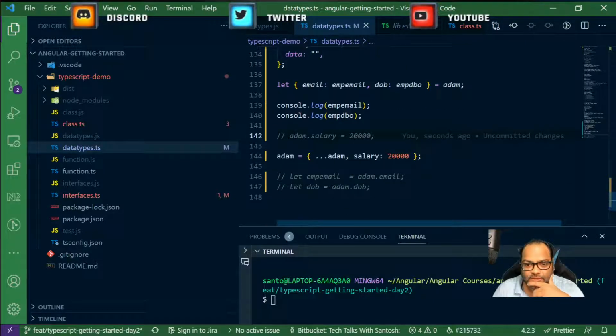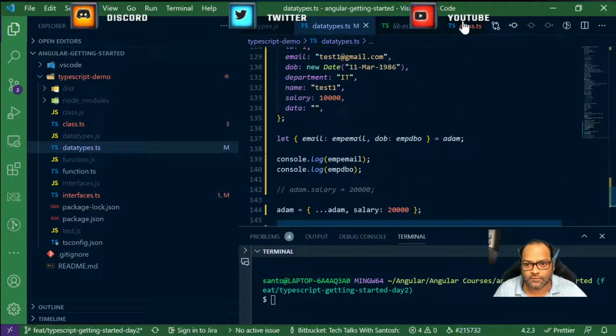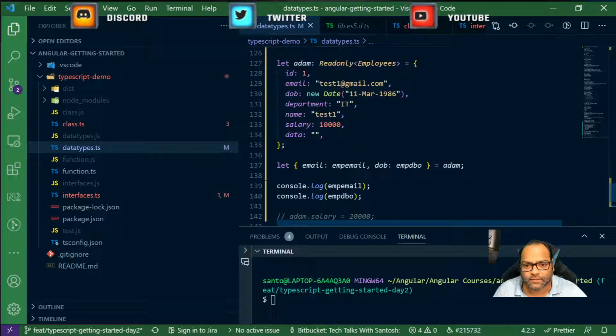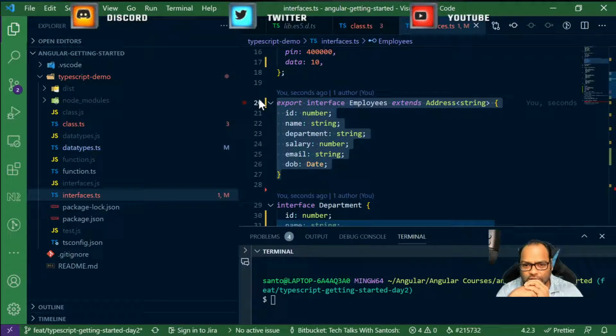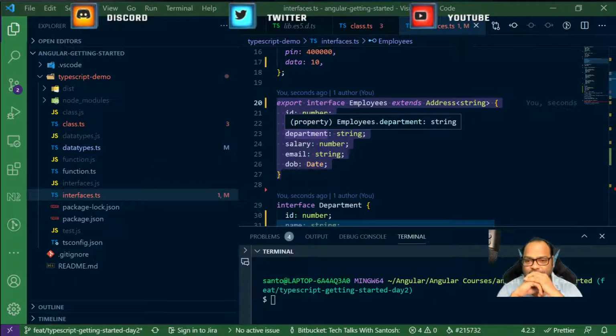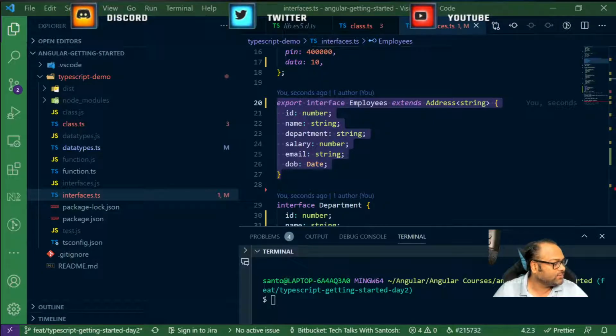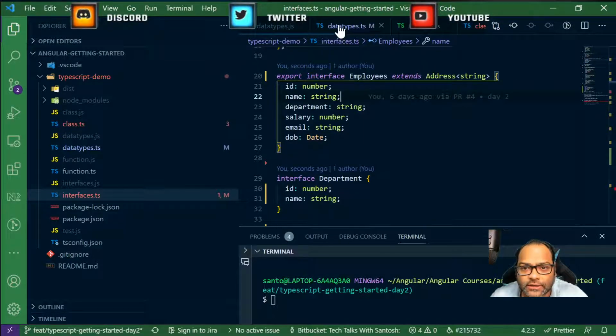Here in employees, right? So let's take this example. In employees, you can see all the properties of employees are actually required, right? So there are a few utility types you can actually use in TypeScript. The thing is, I'm not sure how many times developers do use them, but these utility types are very useful, and one of them is known as partial. So let's go ahead and use partial here. So I'll go ahead and create a new property.